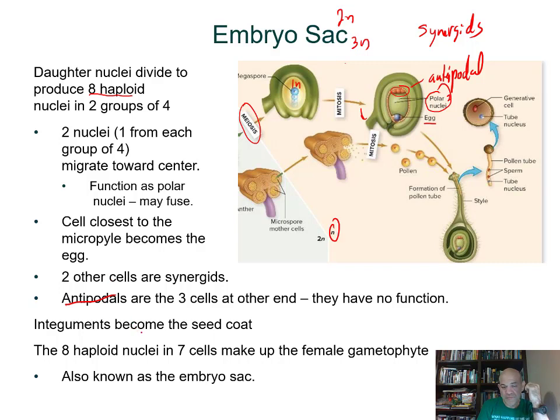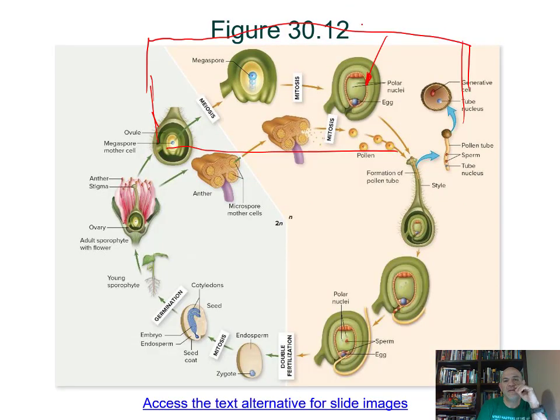Now, the integuments themselves, which are still on the outside here, are going to end up becoming the seed coat, just like in the gymnosperms. Now, ultimately, once the pollination and fertilization of the egg, the double fertilization, occurs, the walls of the ovary right here, which is the bottom part here, become the fruit. Okay, so taking a look here